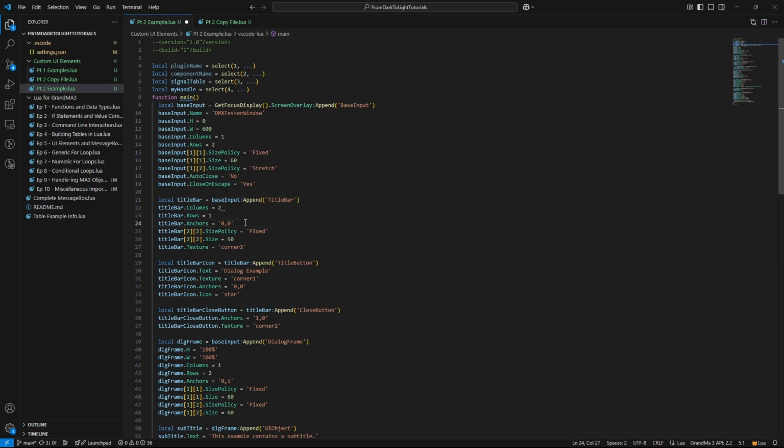Where on the base input do I append the title bar? 0, 0 refers to the top left space, so it's appending it in the top left corner. Then if you change this to a 1, then it would be going down 1. And so it is a little difficult to keep in mind that the first location referenced is always going to be 0. The second location is going to be 1, and so on. But whenever you are appending an item, you're going to want to know that.